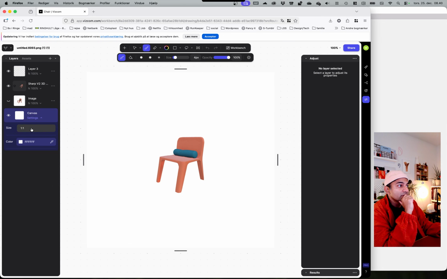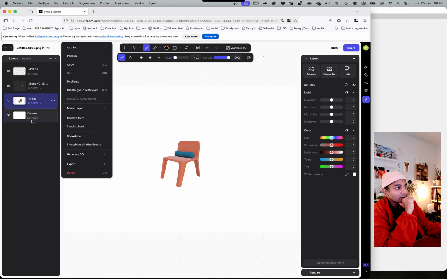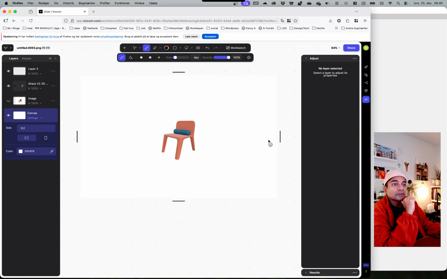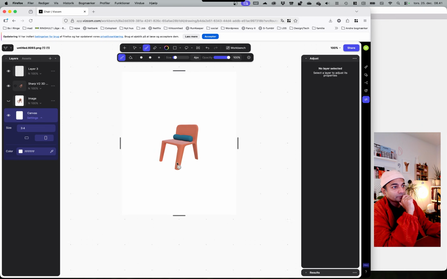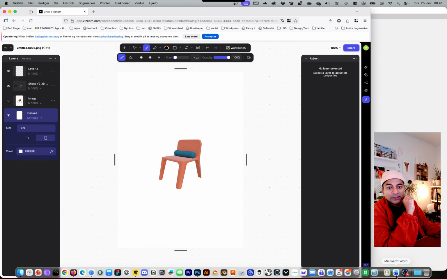Canvas settings, size. What's happening here? No, we got this one. 3-2, but we want to have... I cannot do that. I actually want to flip it around, so let's do that. Okay. And then I want to add in my